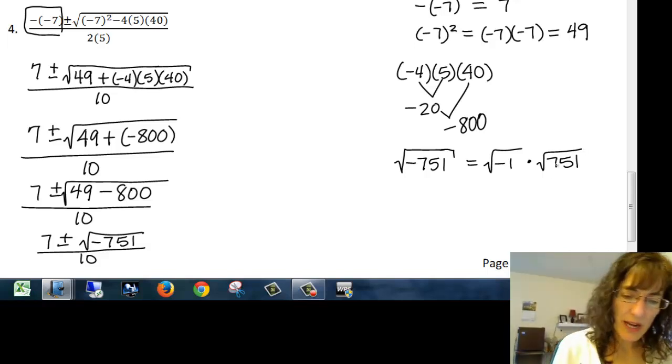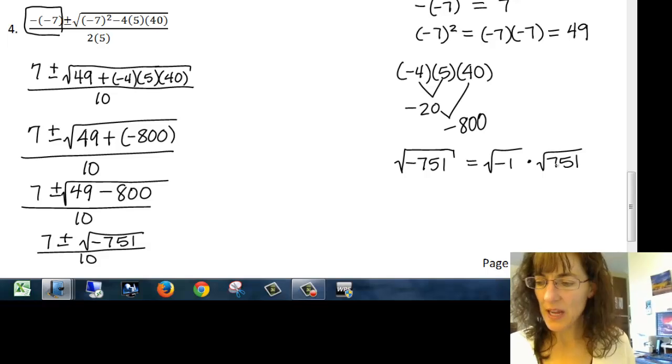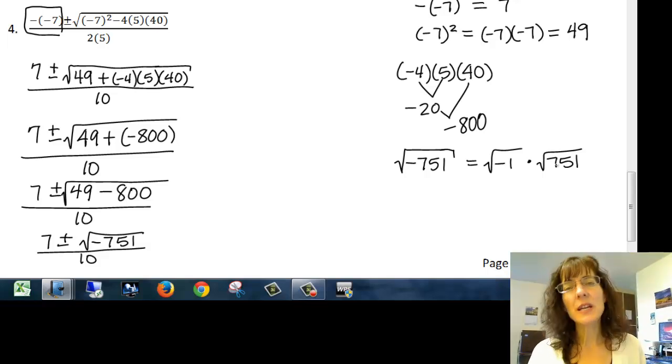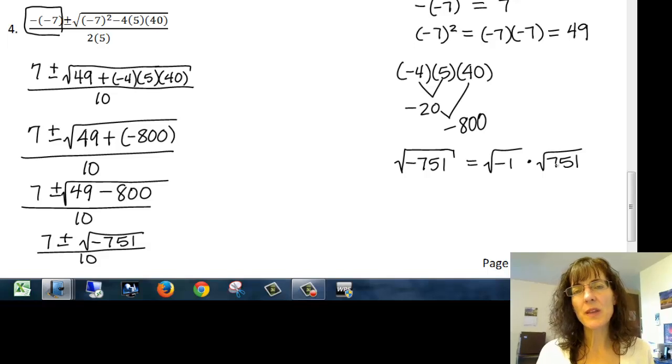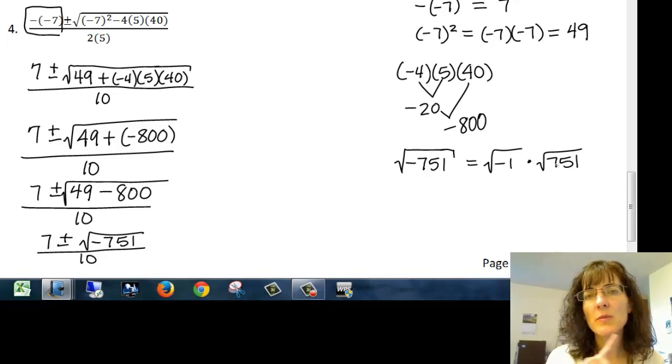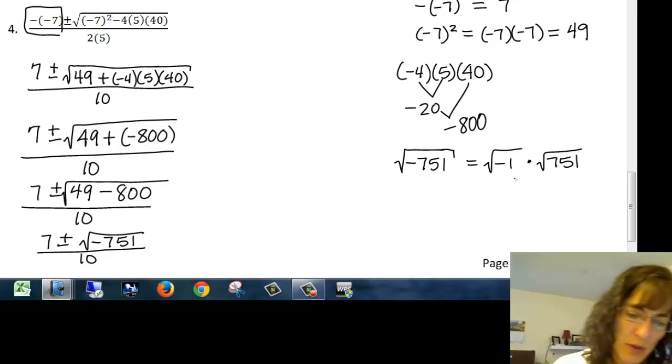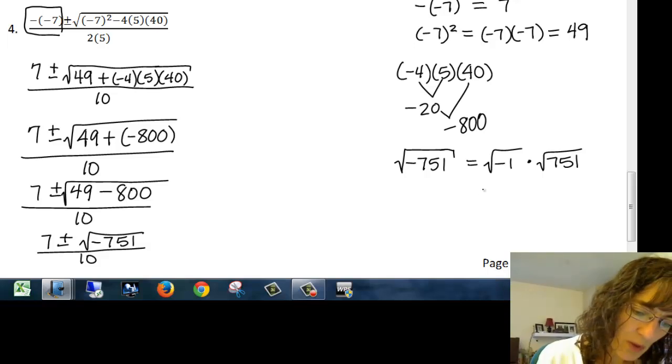The way I can do it is if I take the square root of 751, it's 27 point something. That means if I look at all the primes up to 27, and none of them work, then the number is prime. So I know that number is prime, which means that it's just going to be i times the square